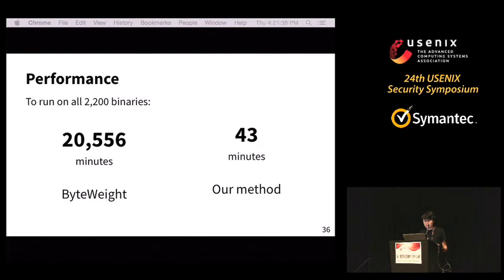Okay, and here's a comparison of the performance in terms of how long it takes to actually get all the results, to detect all the function boundaries on all of the 2,200 binaries in the data set. So with ByteWeight, the previous work,